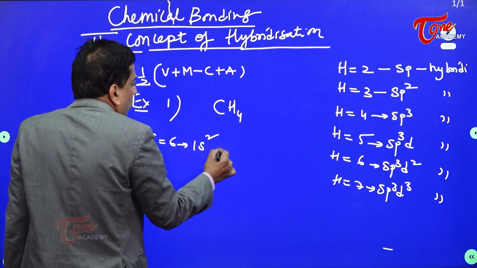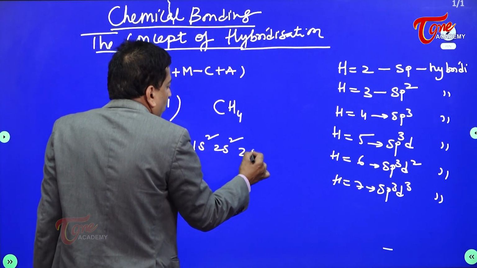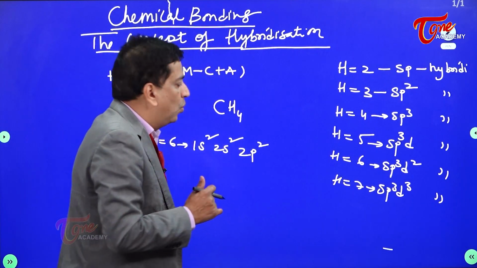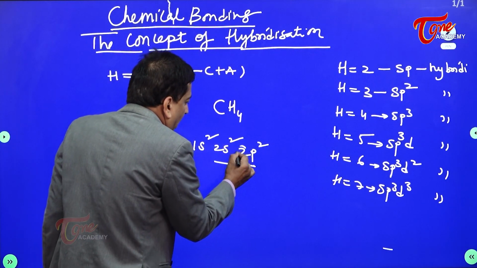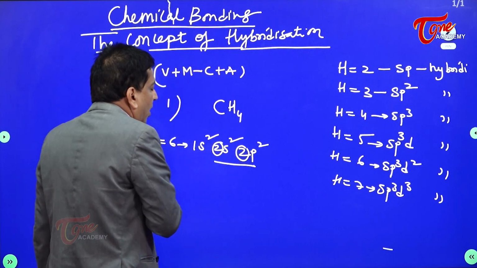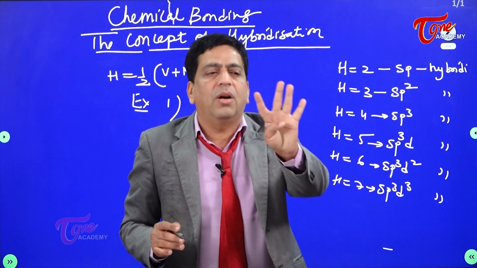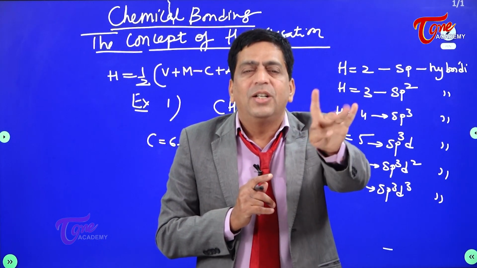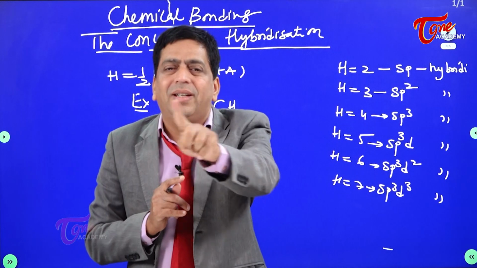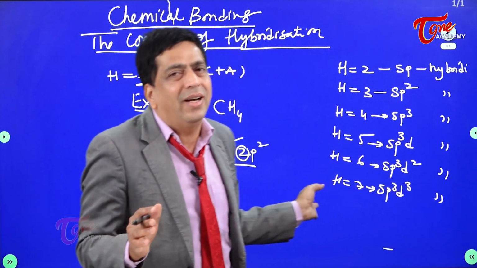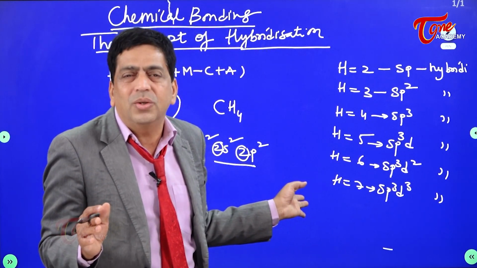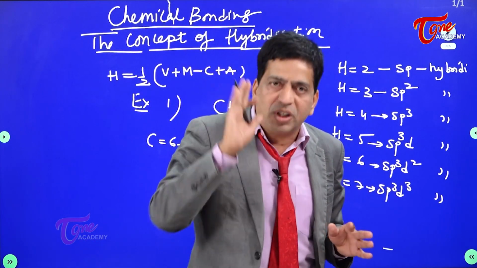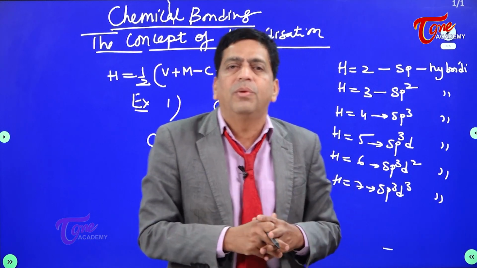So it is 1s2, 2s2, 2p2. That is the configuration for 6, and the outermost shell is 2. So I'm underlining this. This is shell number 2, the outermost shell. So in the outermost shell, you have a total of 4 electrons. So what is V? Total valence electrons. It is difficult for us to write the electronic configurations every time. Normally we don't do this. So better remember the group number. And carbon belongs to the 4th group. You must be knowing.